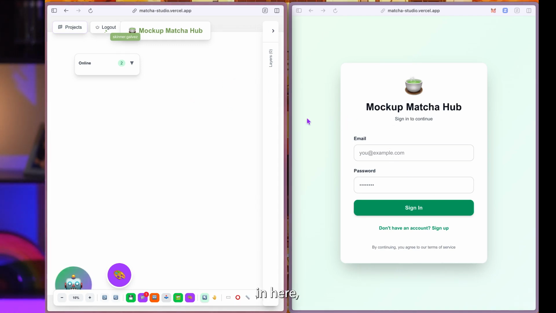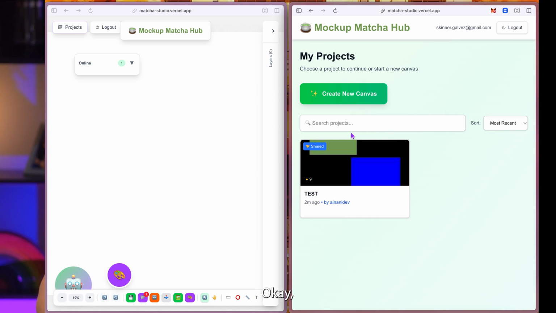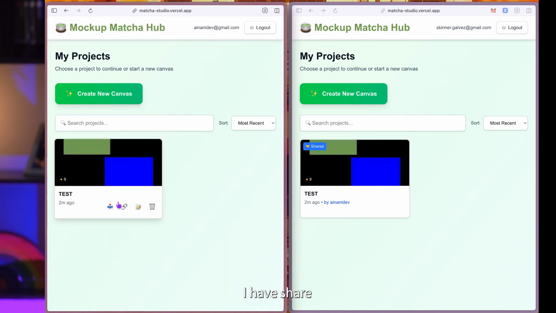So I'm already logged in here, but let me log into another user just to show you guys the live collaboration. Okay, so we can see the canvases that we have stored and we can create a new one. And we can see that they have shared this one with me, which is this user right here. So if I go to my projects here, I can see that I have shared this one and I'm the owner of this canvas. So if I log into this canvas